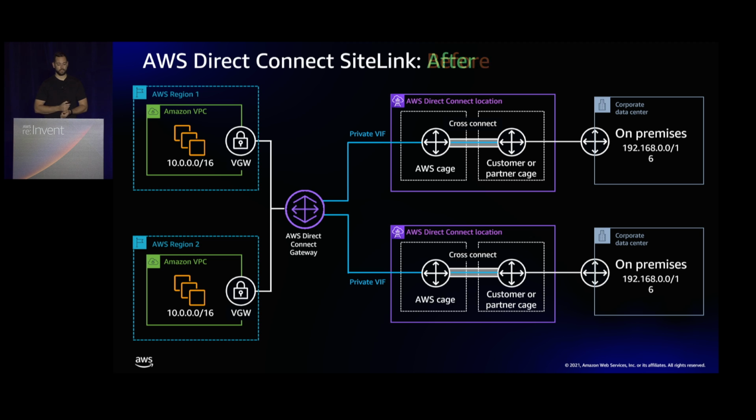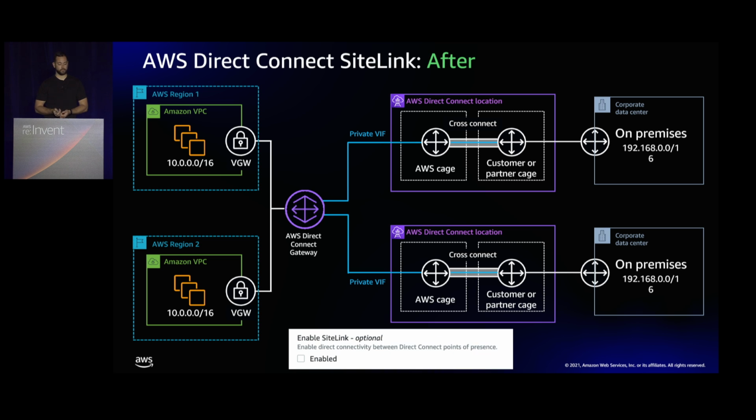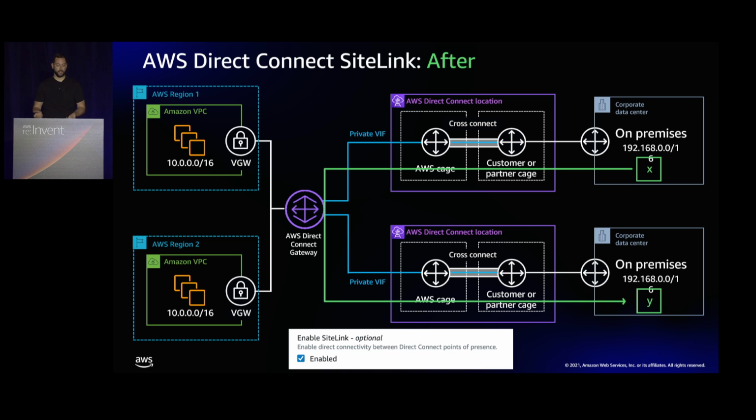But customers really wanted to use the AWS backbone that we've deployed for all of our Direct Connect POP locations. So now when you create a private virtual interface, you've got this additional option. Super, super simple. You enable SiteLink for the private virtual interface here. And what that's going to allow you to do is use that Direct Connect Gateway to allow that data path. If we look at this from a greater scale, essentially the Direct Connect Gateway, which is a global service, you can attach all of these private virtual interfaces to, and then use that for your backbone connectivity.